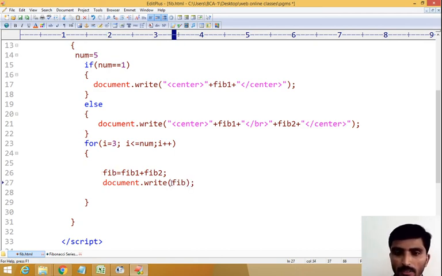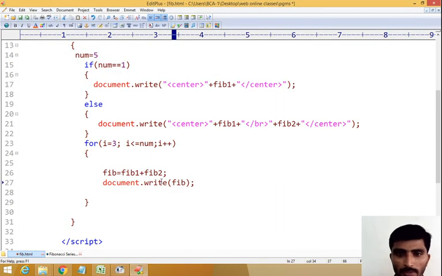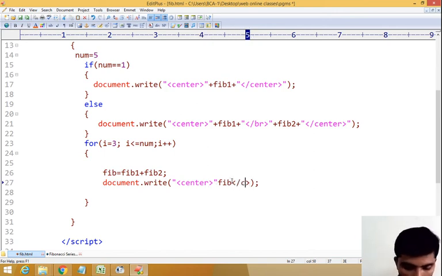If I want to print the third value in the center, we have to write the center HTML tag, and then here also the closing center tag.